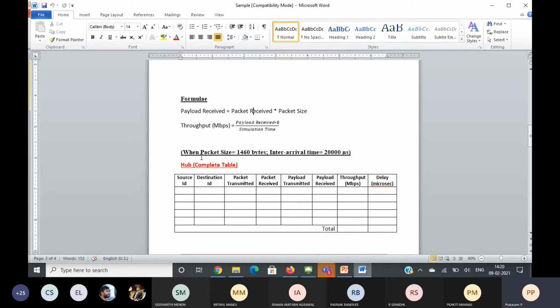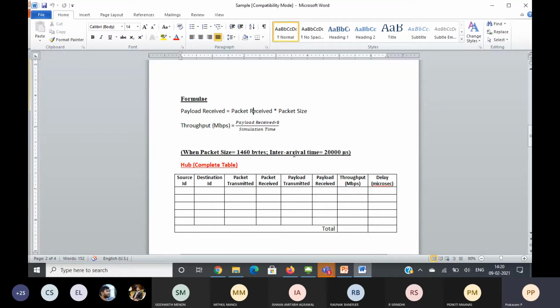The packet size is 1460 bytes, which is the default value in NetSim. The inter-arrival time is 20,000 microseconds. This is nothing but the distance between two successive packets, as we saw this morning.